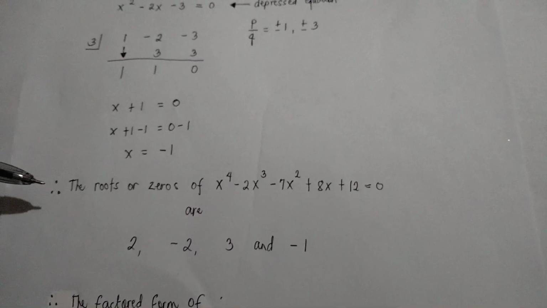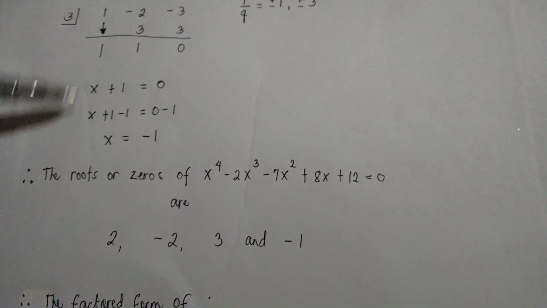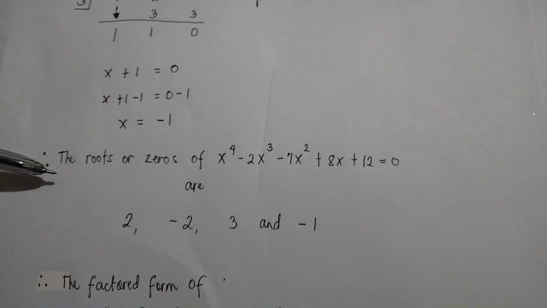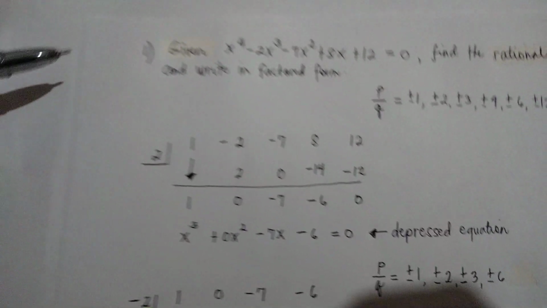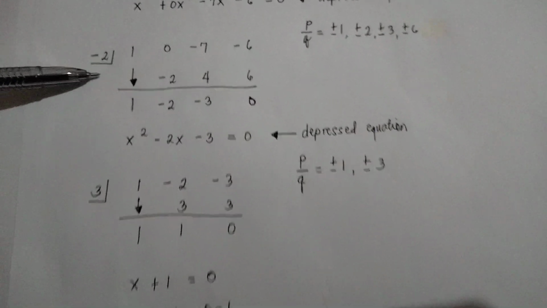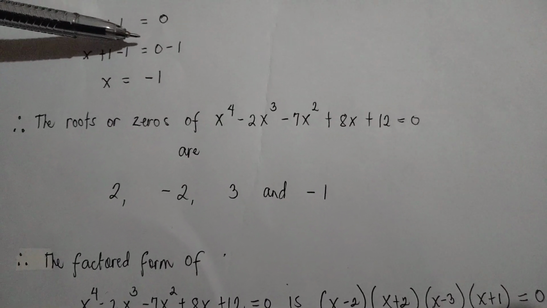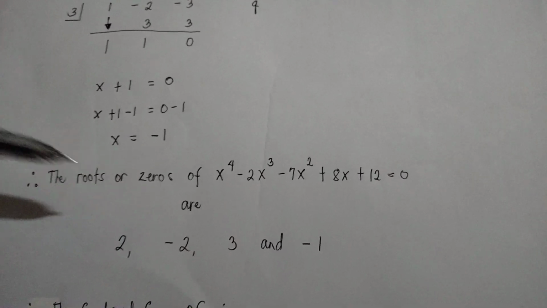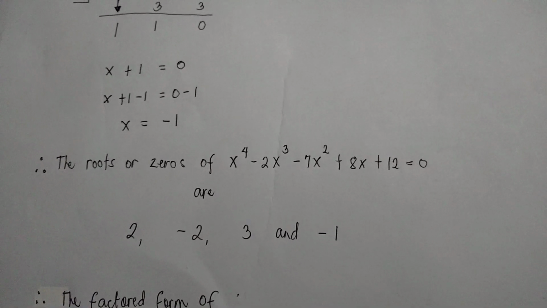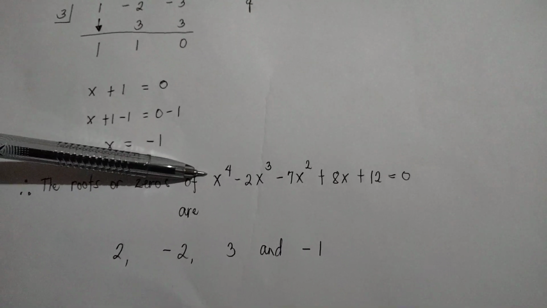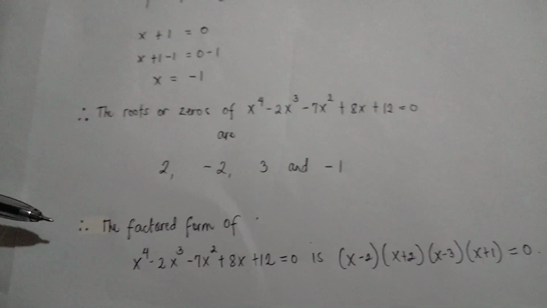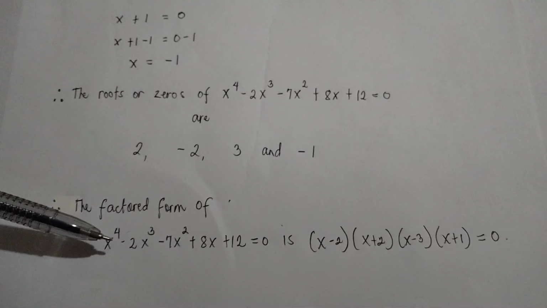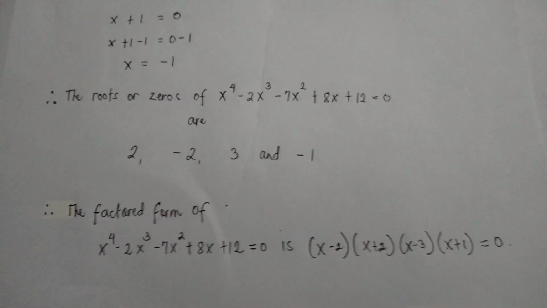Therefore, the roots or the rational roots or zeros of x raised to 4 minus 2x cubed minus 7x squared plus 8x plus 12 equals 0 are 2, negative 2, 3, and negative 1. Again, 2, negative 2, 3, and negative 1 are the rational roots of this given polynomial equation. So therefore, the factored form of x raised to 4 minus 2x cubed minus 7x squared plus 8x plus 12 equals 0 is